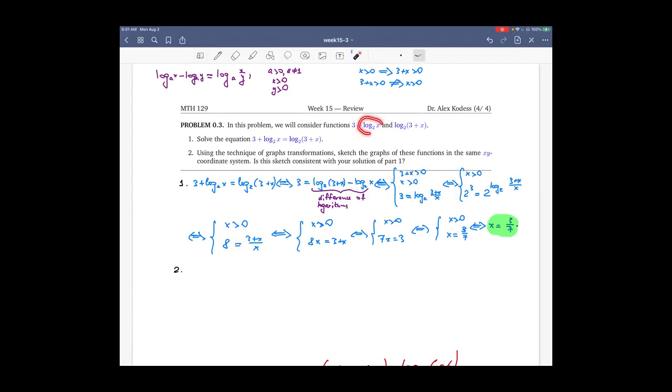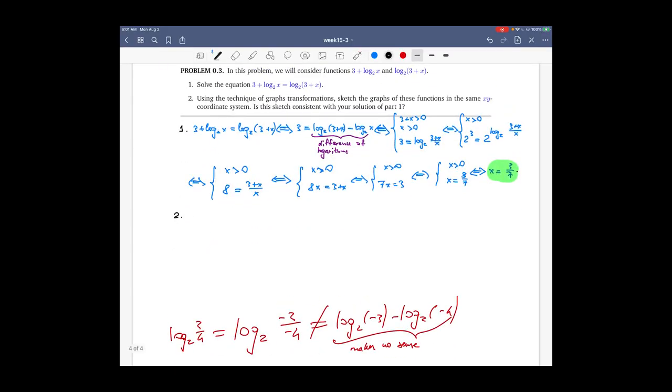Of course, both are obtained by a graph transformation from the base graph log x base 2, namely, the graph of 3 plus log x base 2 is the result of shifting log x base 2 vertically by 3 units up,